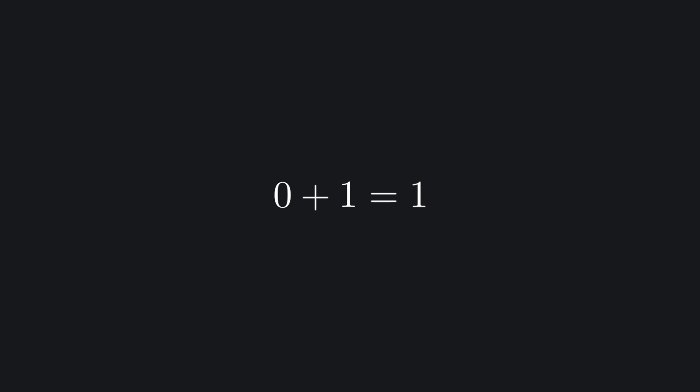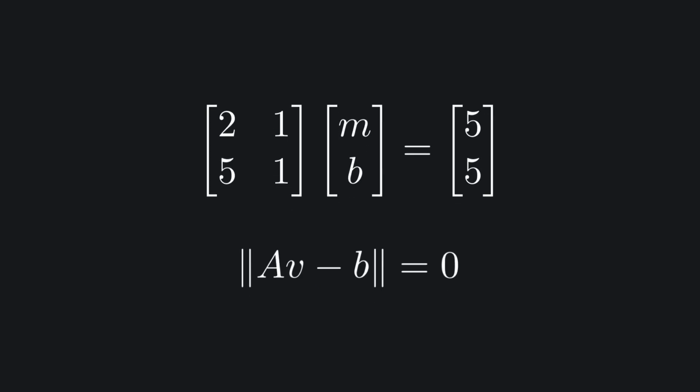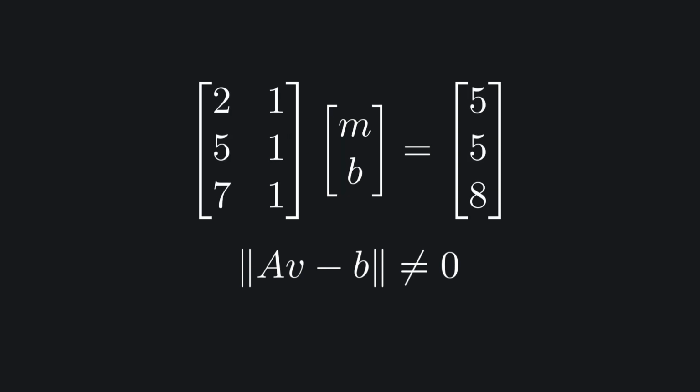We can see that for a line that matches the data perfectly, the score is going to be 0. And this will give you an intuition of what the least squares method minimizes. To be clear, the cost value that the least squares method minimizes is not simply the difference between the y values, but rather the norm of the residual vector. The details of this are interesting, but it's harder to get an intuition from them, so we started with this analogy. Another way of saying this is that for the perfect line, the norm of the residual vector r = Av - b is 0. But for all others, we are going to have a residue.